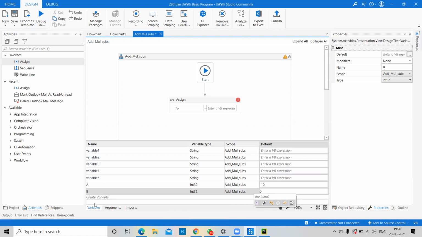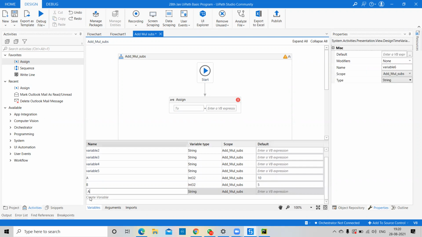Here we have to add two numbers, and here I'll go for add, and also I'll give an integer 30. Suppose you're working on a project with multiple variables. Right now you can see 7 to 8, but in any real project you can definitely create more than 20, more than 30, more than 50 also.